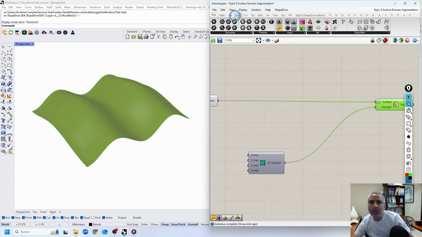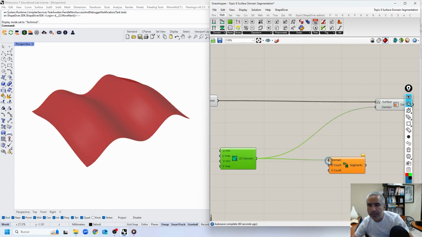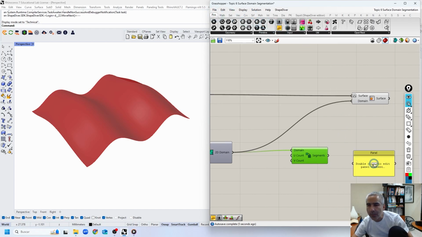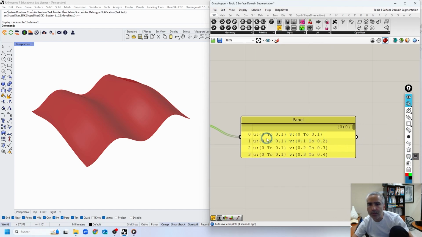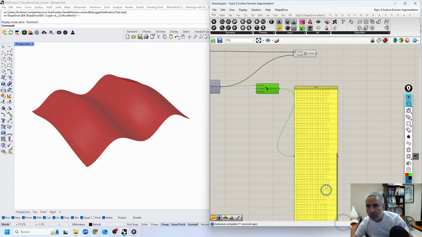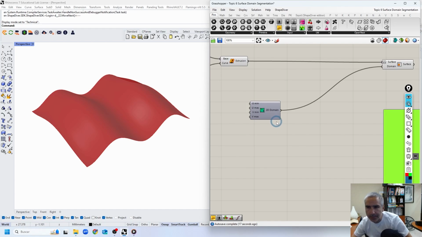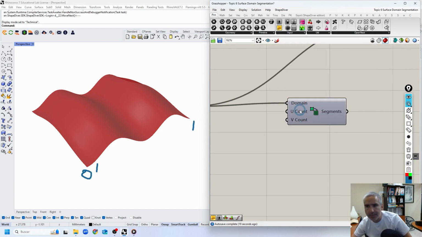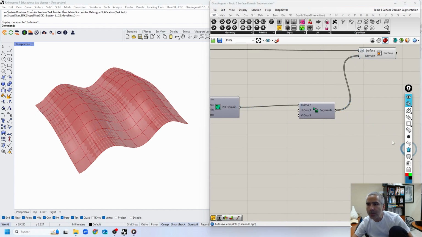And now what we can do is go to math and divide that domain. So divide the domain, and this will basically give us a bunch of domains arranged on a tree, which will be 0 to 0.1, 0, 0, etc. It's just a huge bunch of them, basically all the combinations according to these divisions here. And if you plug that into the domain here, you'll see that you get